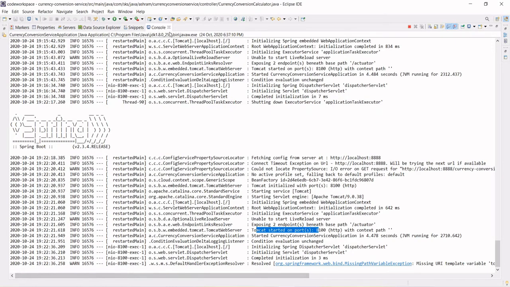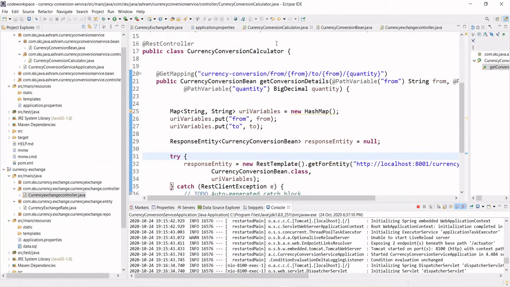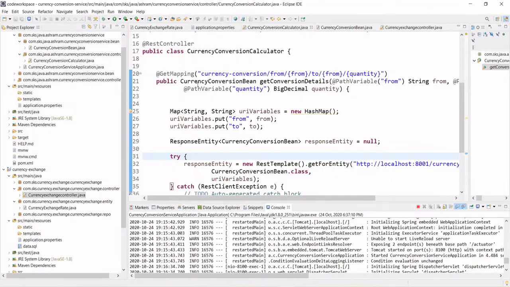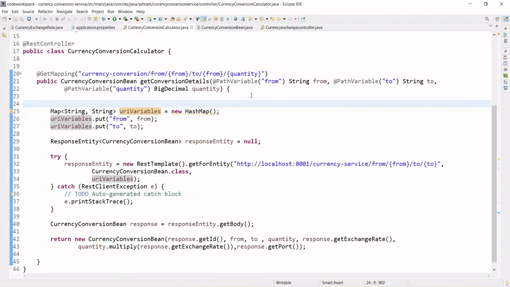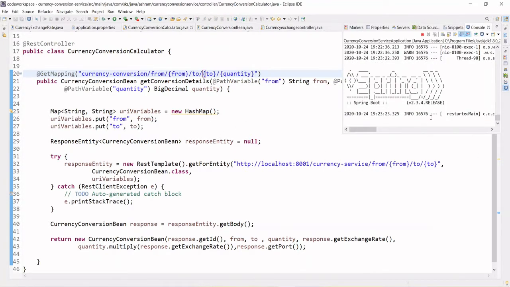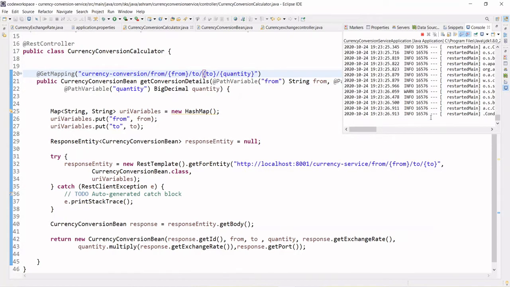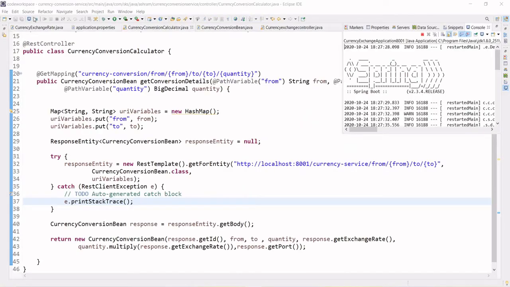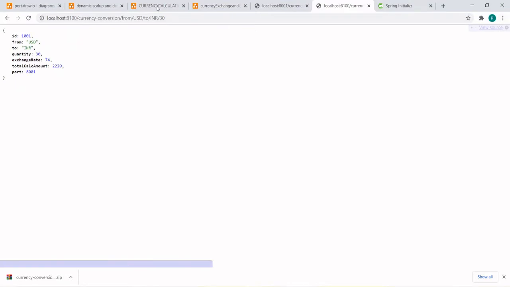So you can come to the code, press Ctrl+M, and correct this. Instead of "from", you put "to" and save it. Let's pick up the latest code. It's getting picked up. Okay, I restarted. Go here and refresh this. It's working fine.